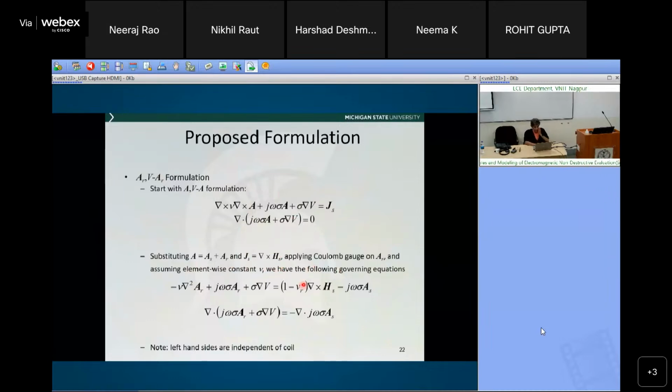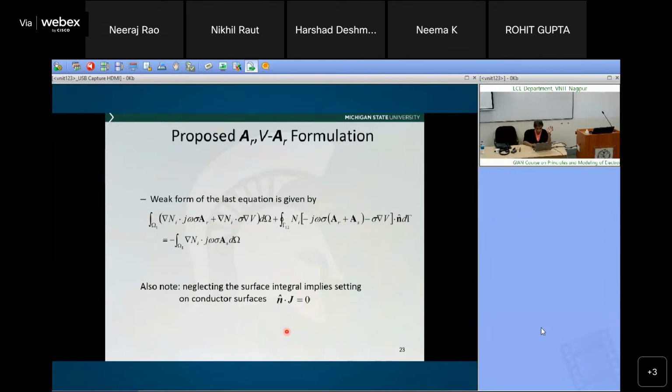Of course, the Coulomb gauge is there in the overall governing equation itself. So what we do next is keep all the AR terms, and all the source terms can now go to the right-hand side because they are known values. And the AS corresponding to a particular source current density can be calculated like here,